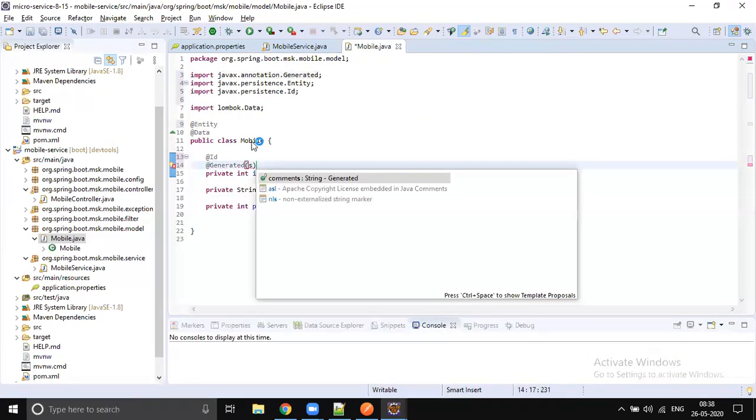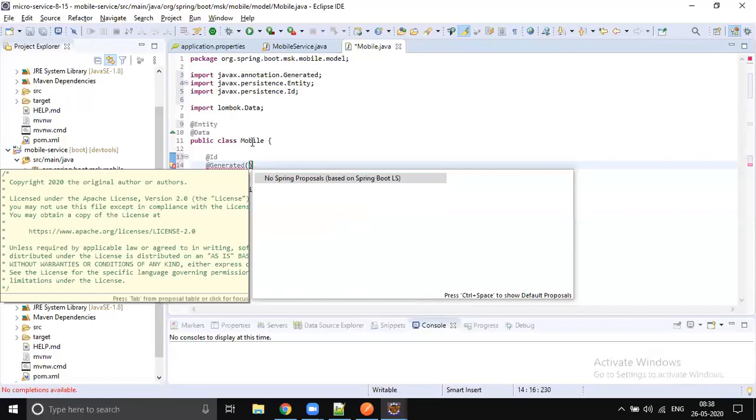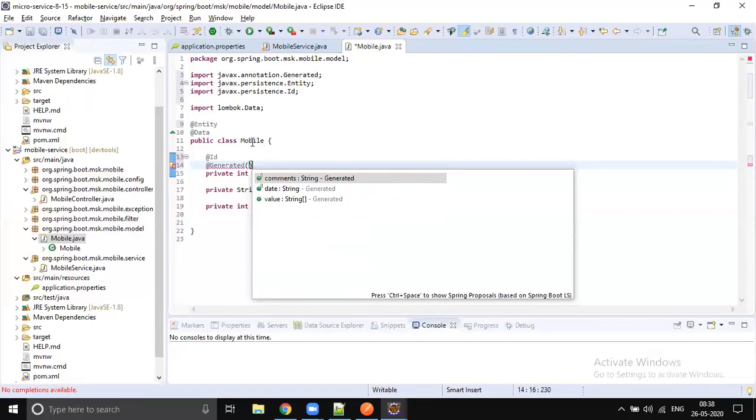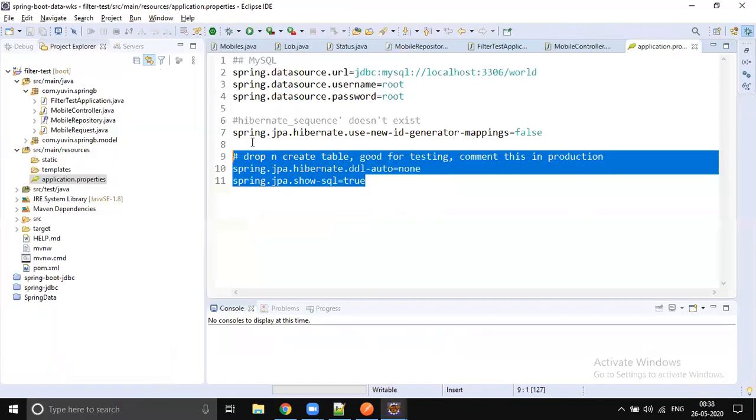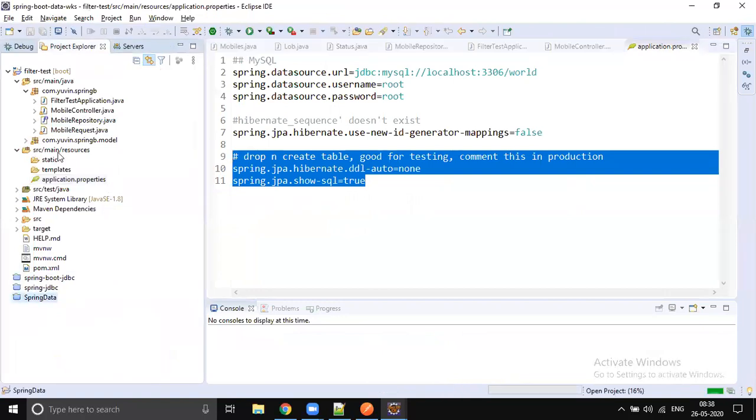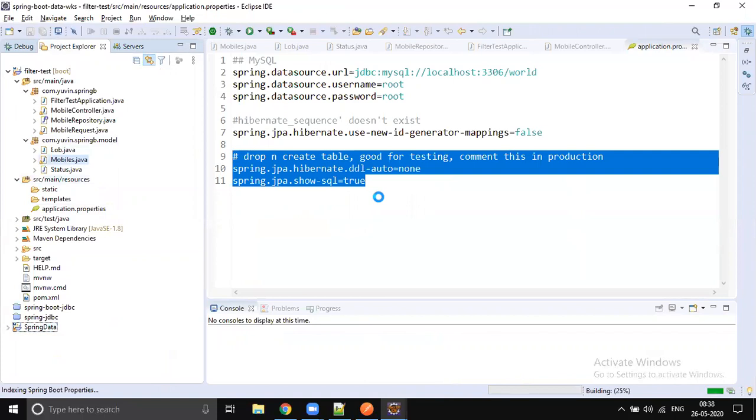and I think strategy. Let me check what is the exact annotation. I forgot that. I think it should be @Generated and strategy equals something. What is the exact annotation?